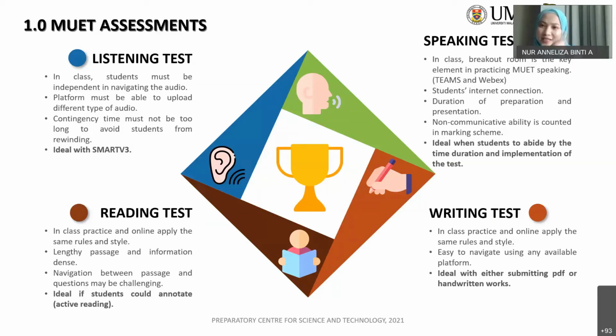Okay. Now, the biggest challenge is definitely the speaking test. When it comes to the MUET exam, it is very technical. The weighting of your non-communicative ability is the same as the weighting of your language proficiency. So you speak with fluent grammar, yes, and you have good language proficiency, but at the same time, the examiner also wants to see your non-communicative ability: your body language, your eye contact, your display of interest towards other people as well.